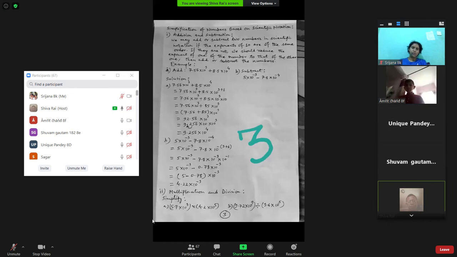So you look here, the decimal is before one digit, again it shifts one place left, which means it becomes before 7. So it becomes 0.78 into 10 to the power minus 3. So now you look here. In the first term also 10 to the power minus 3. In the second term also 10 to the power minus 3. Take the common 10 to the power minus 3 from the first term, 5 left.